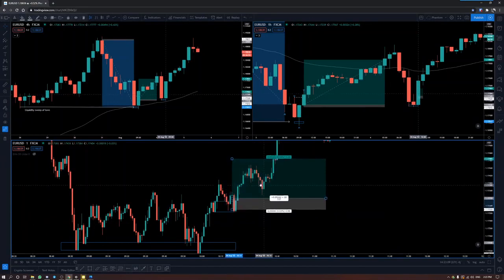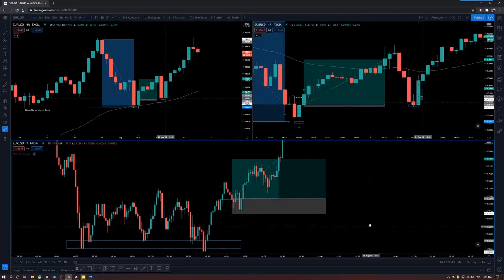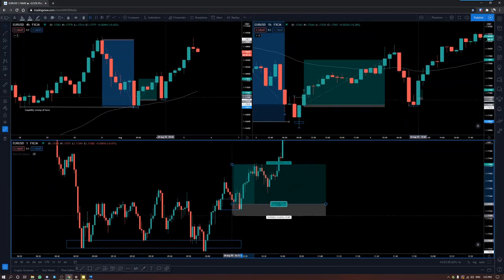Or you can enter at the top of the order block and then have a little bit of a buffer, whether that be 3.5 pips, 4 pips, just to give the trade room to breathe, just because of entering at the top portion here. But again, just for simplicity, I will use the 50% with a 3 pip stop loss as an example for